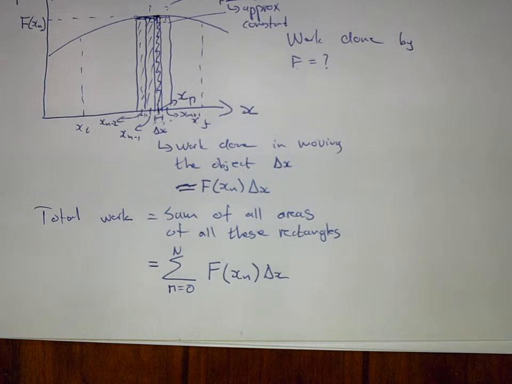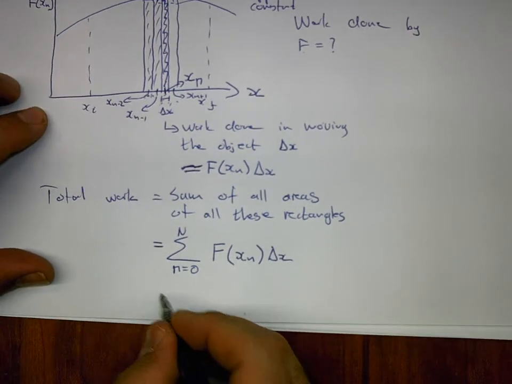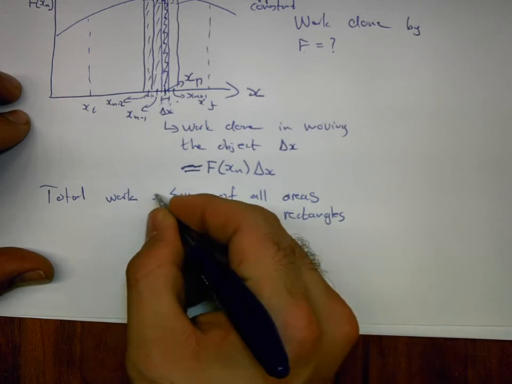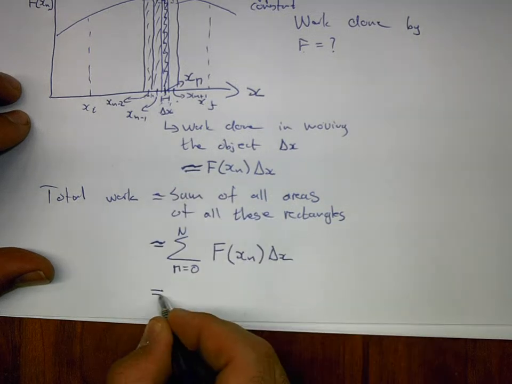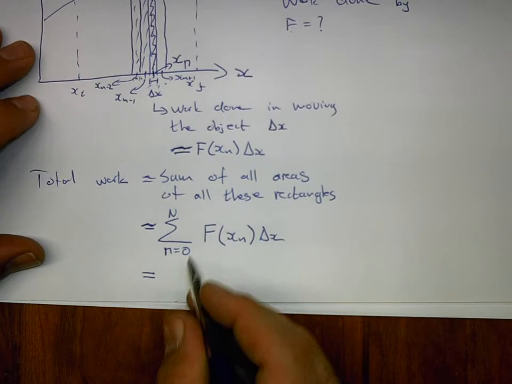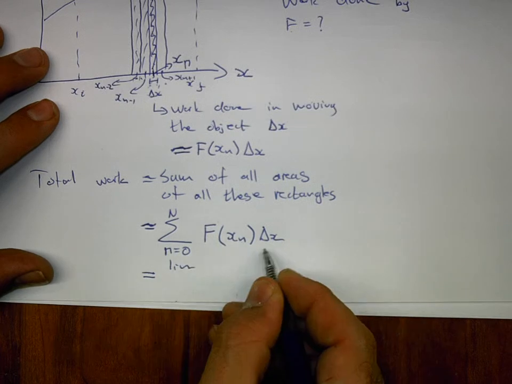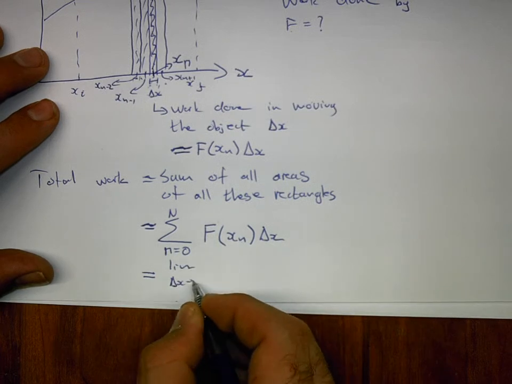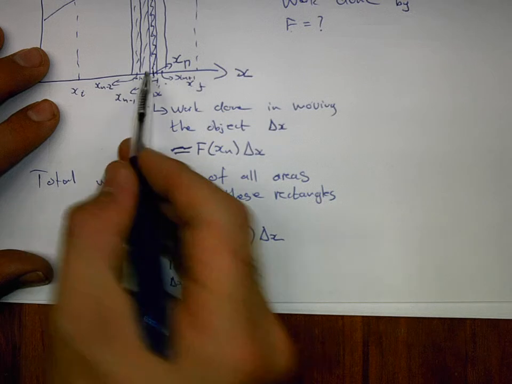And you found that for a straight line, like velocity versus time, the area underneath that curve increases as time squared. And we called that an integral. So what we say is this expression becomes exact if we make these delta x's very, very small, so make these rectangles smaller and smaller and smaller,